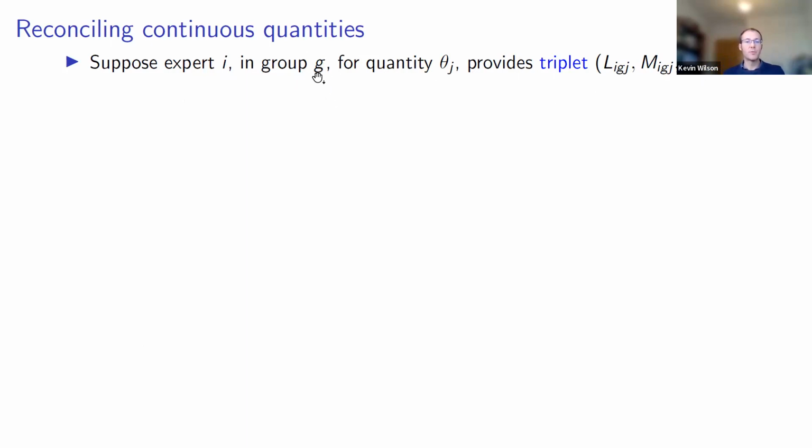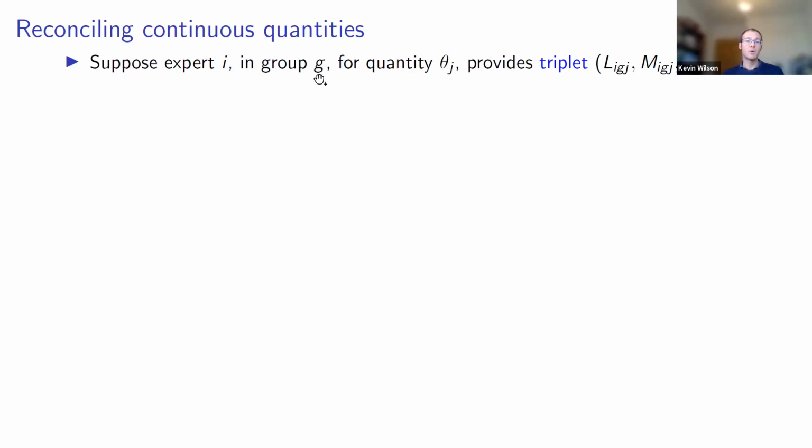The reason we've got this extra group subscript is that often experts will naturally fall into a small number of groups. Either they relied on the same evidence and interpreted it in a similar way when they came to their judgments, or perhaps they're particularly vulnerable to the same biases. Or in this probabilistic Delphi method, perhaps when they see the rationales and the numbers from other experts, the experts naturally agree with some of the other experts and clump together in a small number of groups who are using similar rationales to come to their judgments. So you could imagine these groups coming about naturally as the rounds of the Delphi process persist.